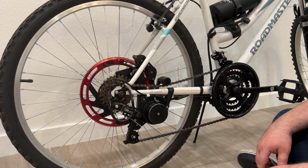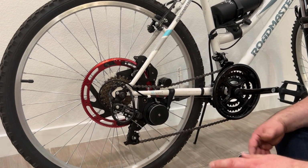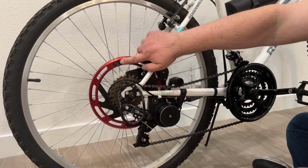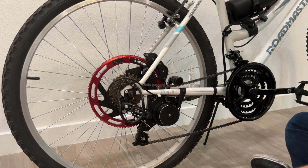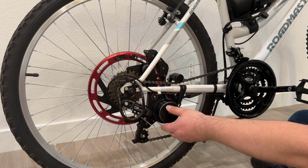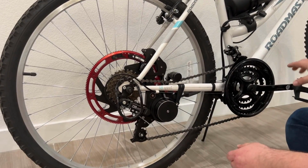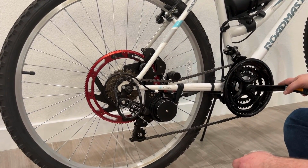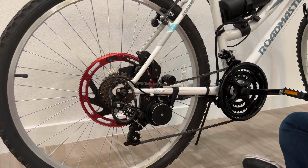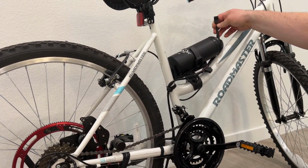How to detach Bikeon. Before you do that, make sure that the slider is in the 12 o'clock position. If it is not, you can carefully and gently move it to the 12 o'clock position by rotating the motor or by pushing on pedals. Once it is there, I disconnect the cable from the battery here,